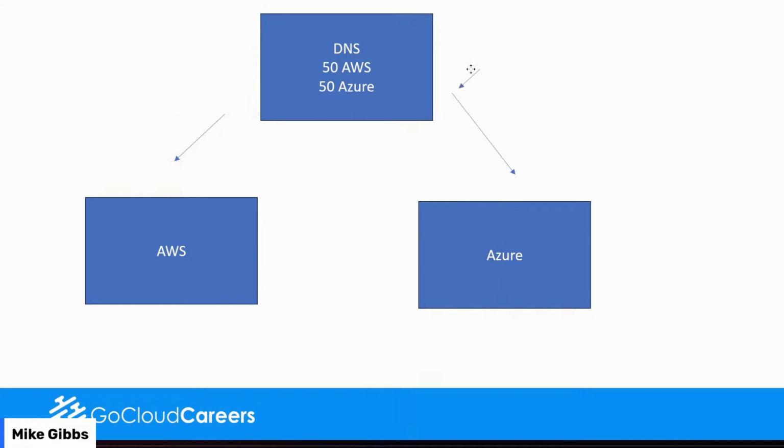Then out of nowhere, a message gets sent to Azure. Are you there? And Azure doesn't respond. The next message goes to AWS. Are you there? Yep, I'm here. The next message goes to Azure. Are you there? No response. This isn't good. Another health check goes to AWS. Are you there? Third message goes to Azure. Are you there? And these are 3 or 4 messages typically the way these work.